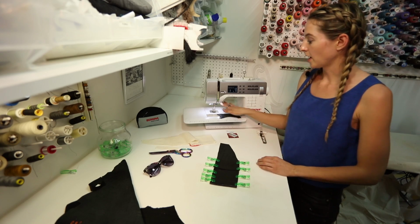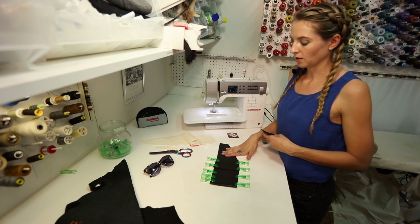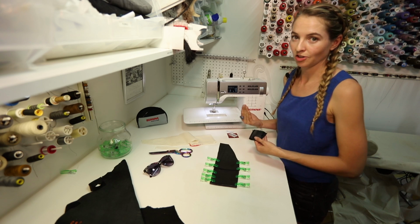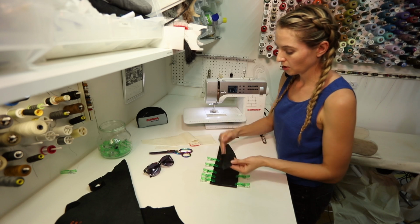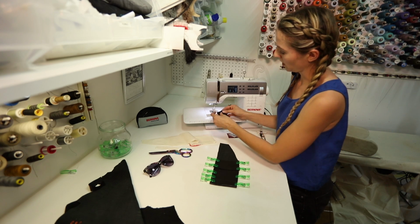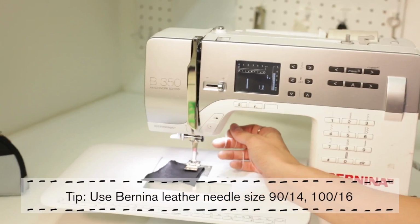All right, so now we're ready to test our machine. It's really important before you start sewing on leather that you practice with a scrap of fabric, because you don't get a second chance. The second that the needle goes through, you can never remove the needle mark. So I really recommend, we're going to do 2 widths of leather. So we'll just fold our scrap over twice. What we're going to do now, and I'm using a leather needle,